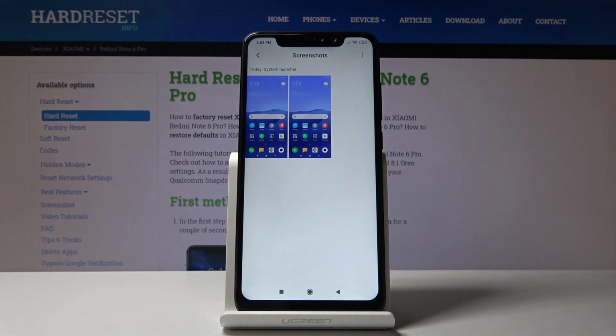So that is how you would capture a screenshot on this device, and if you found this very helpful,